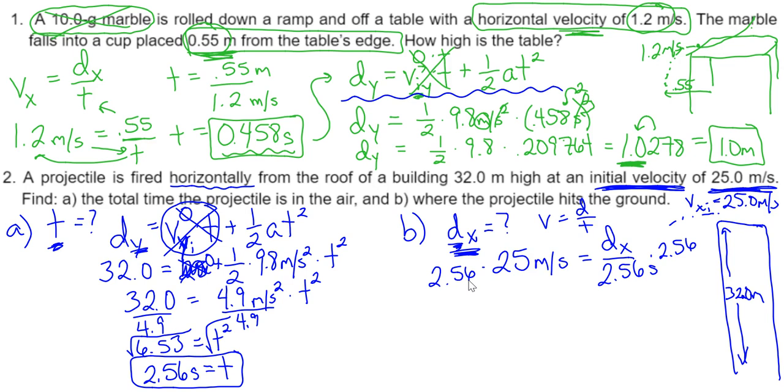And we'll go ahead and do that on the calculator. 2.56 times 25 is equal to approximately 63.8 meters is equal to the distance in the